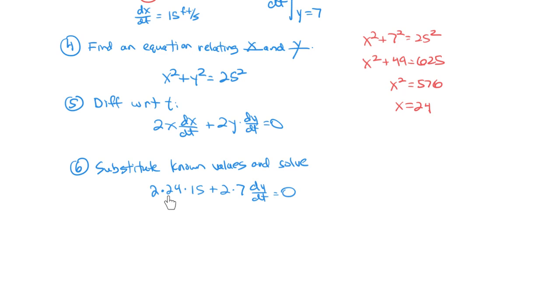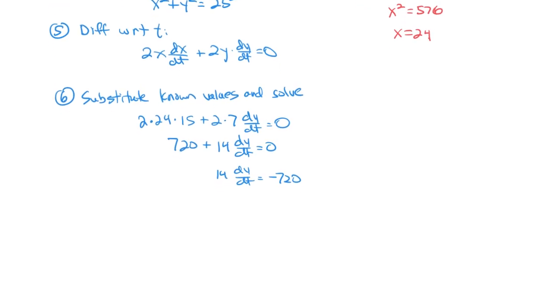So I multiply these together, and I'm going to get 720 plus 14 dy dt equals 0. So that means 14 dy dt equals negative 720, right? And then if I divide both sides by 14, we will get dy dt equals negative